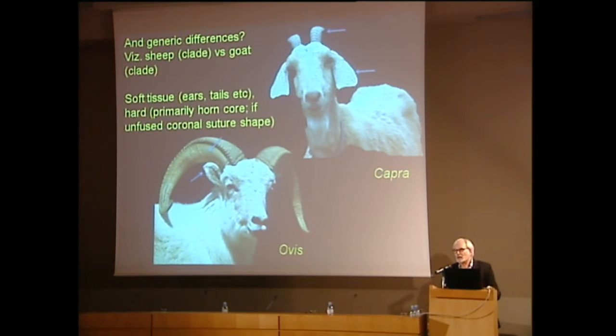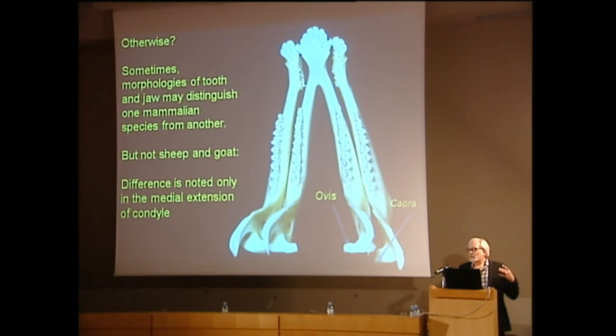Now another thing is that such animals as sheep and goat are referred to separate genera, and there are various species that are allocated to these genera, but there's very little that actually distinguishes them, except for coat, ears. The horn cores are very different. They're flattened in Capra, and they're more trapezoidal or subtriangular in Ovis. Whereas in some cases, mandibles and teeth are good distinguishers between different morphs or species. It's impossible to do this with sheep and goat with accuracy.